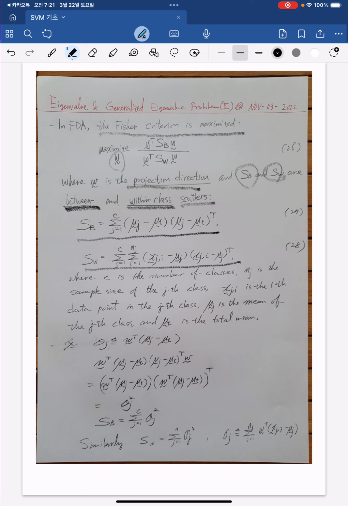Where C is the number of classes, NJ is the sample size of the J's class, XJI is the ith data point in the J's class, mu J is the mean of J's class, mu T is the total mean. 세타 J는 mu J 마이너스 mu T인데